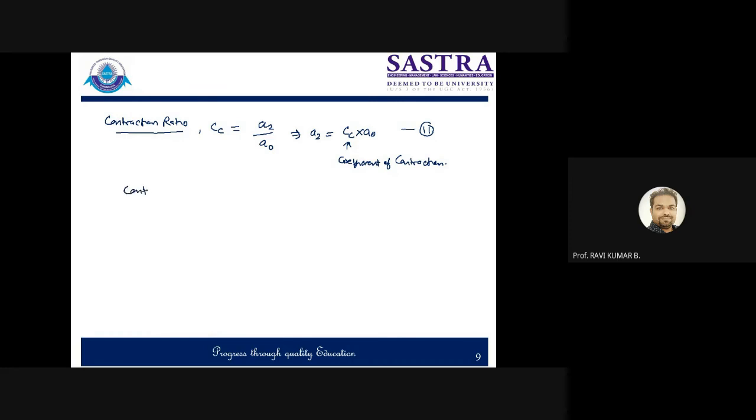Now continuity equation, right? Continuity equation. This will always come. So from continuity equation, we can say area at section 1 times velocity at 1 is equal to area at section 2 times velocity at 2. So from here, velocity at 1 can be said like area at 2 divided by area at 1 times velocity at 2. Area at 2 you already know, which is given as coefficient of contraction times A naught, divided by A1, into V2. We can say this is equation number 3.